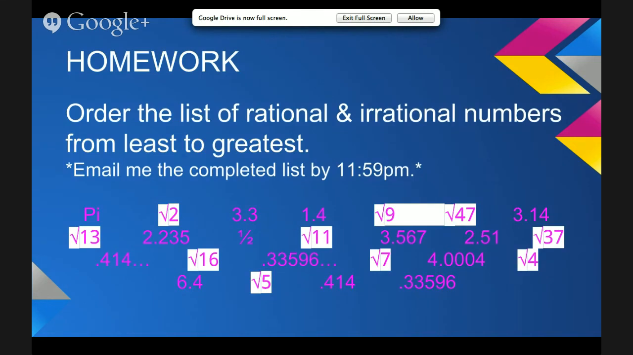So now here's some homework you guys are going to try at home. I gave you a couple examples of some mixed irrational and rational numbers, and you're going to have to list them from least to greatest. You're going to have to do that by 11:59 p.m. tonight. Just put them in a Word document, order them from least to greatest, and you can email it to me at my Stockton email,